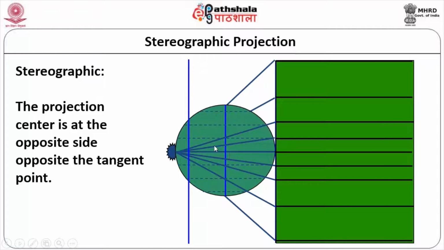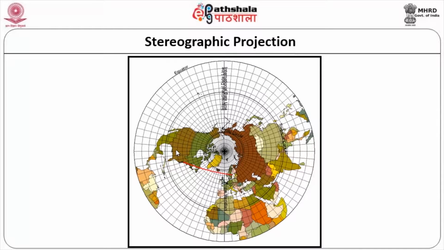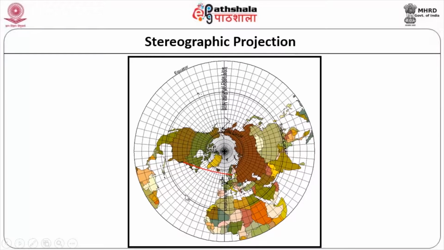Obviously you can understand the concept of it. When you do it from here, the error will be relatively less. When you do it from here, the error will be relatively high compared to the previous projection. So this is how it will appear. It is something like looking from the top, or from the sides of the globe. It will be collecting the details in this form, and errors will be there.